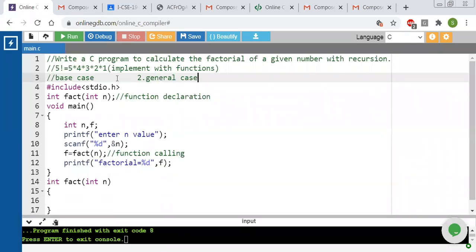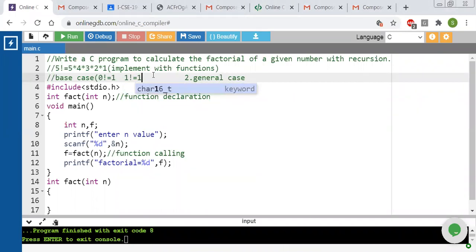Do you remember what is meant by base case? Base case is the one which will give results. For factorial, what is the value of 0 factorial? It is 1. Similarly, the value of 1 factorial is equal to 1.